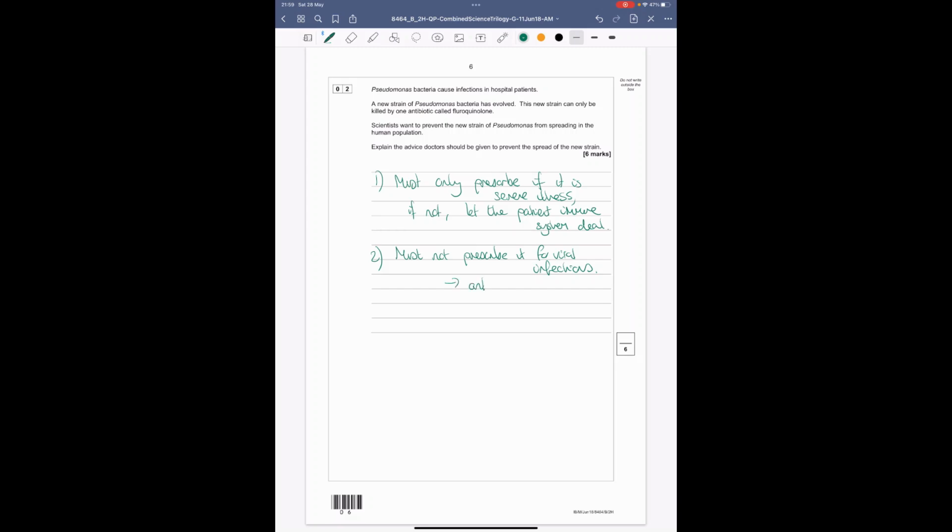Because antibiotics do not kill viruses. So you can see what we're doing here in terms of the answer. We're making a statement about what they must not do, and then straight after we're putting a reason or a